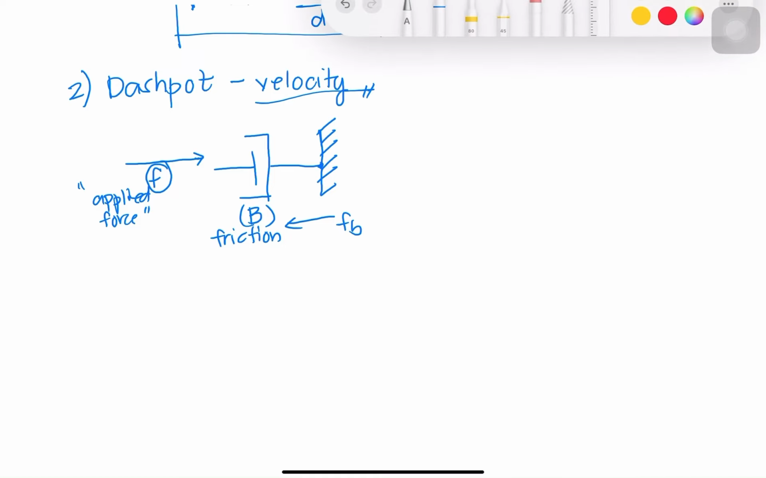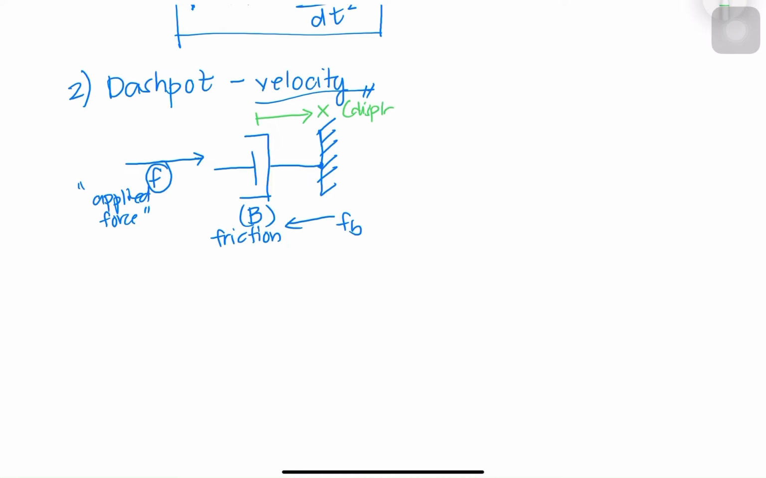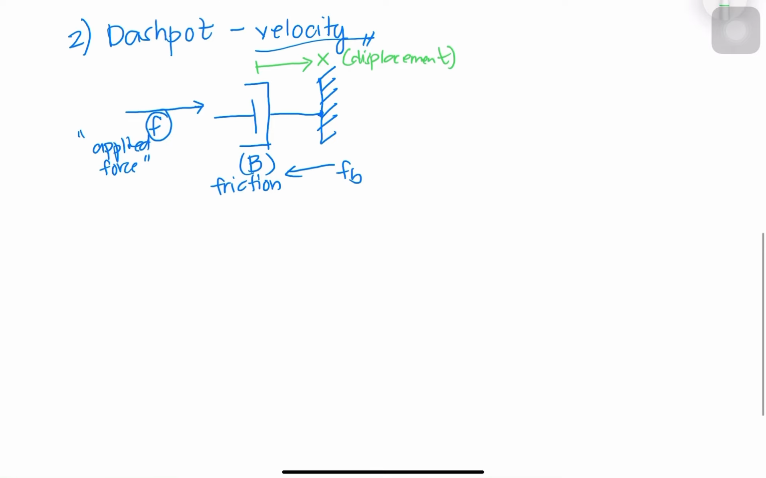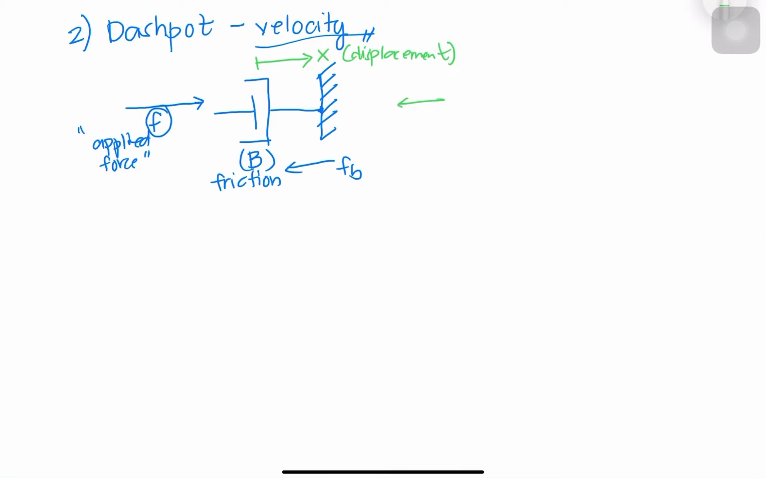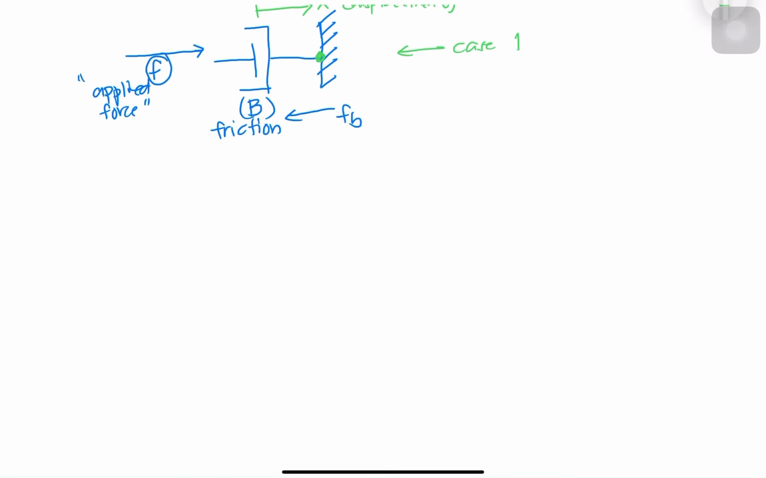Then let's not forget about the displacement here as well, which is x. Okay, so for dashpot, this is the first case wherein one side is attached to a reference. So the formula for this one is, again, the force due to friction is proportional to velocity. But ano ba yung formula for velocity? Velocity is equal to